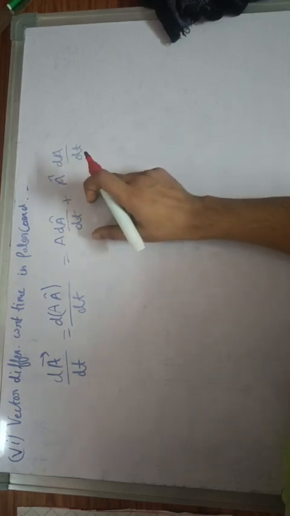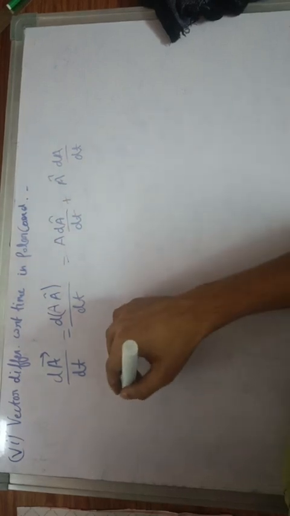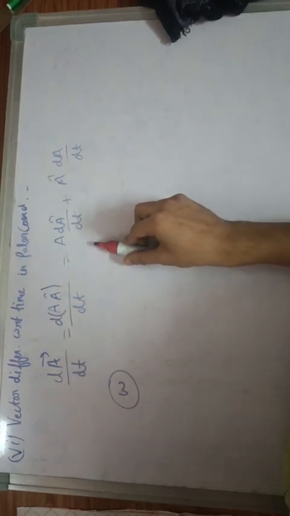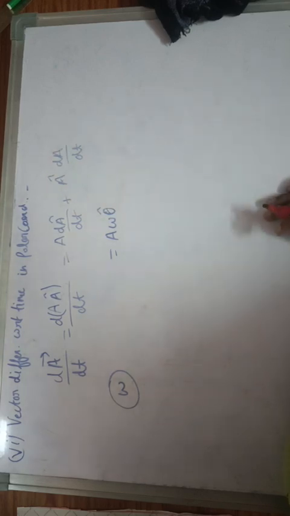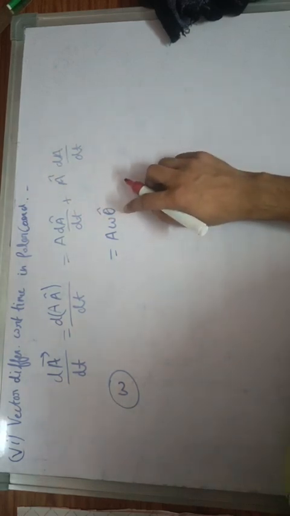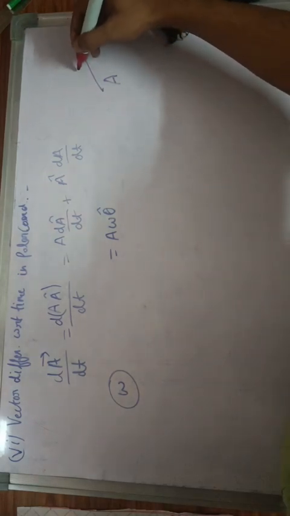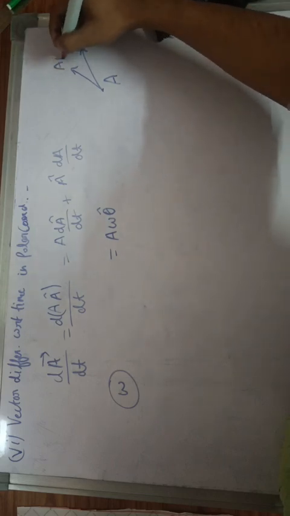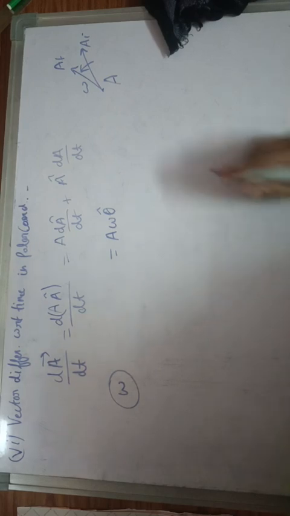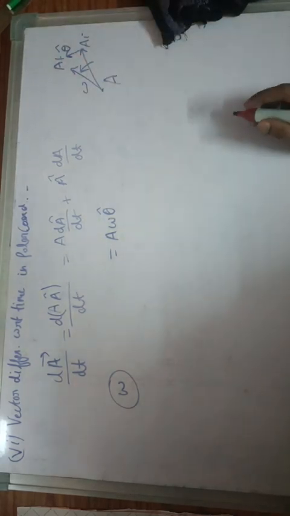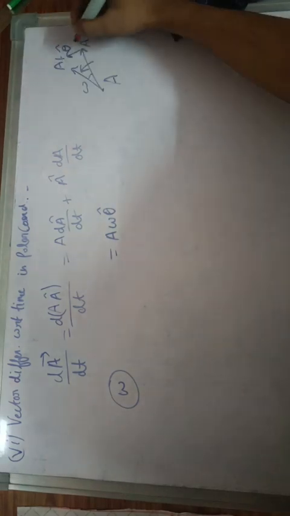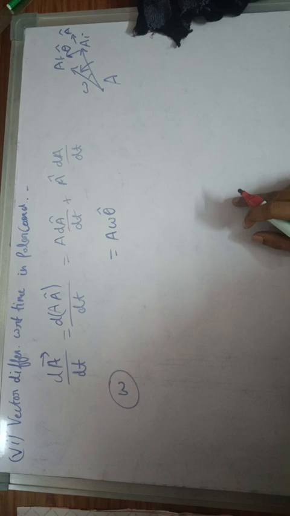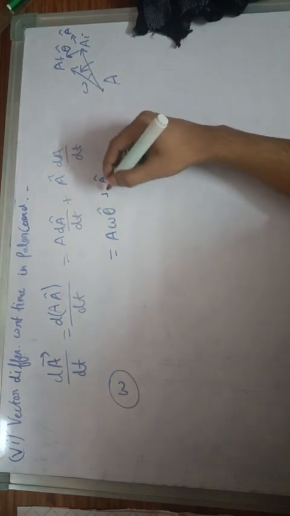Now let's say the vector is rotating with angle omega. If any vector changes direction then we can say that it is rotating also. Let's say the vector is rotating with omega angular velocity, then it is A omega theta cap, where theta cap is a direction perpendicular to A. Say this was the initial and it was the final. It rotated like this with omega through a very small angle d theta, and then theta cap will be pointing in this direction and A cap will be pointing in this direction. Now this is A omega theta cap plus A cap